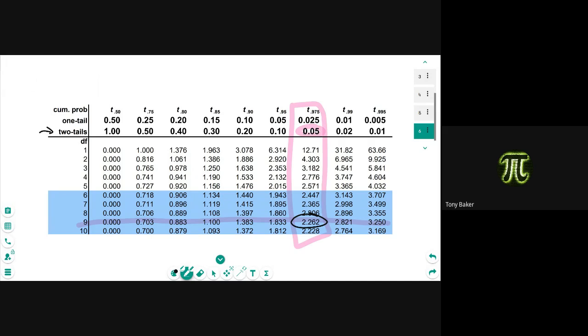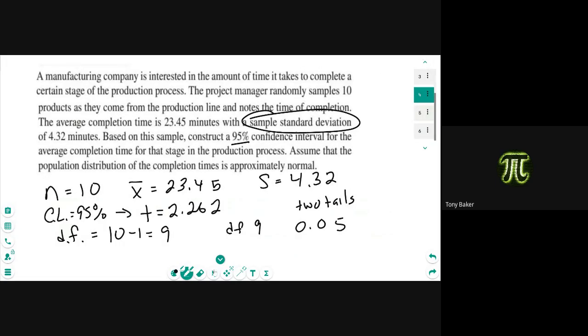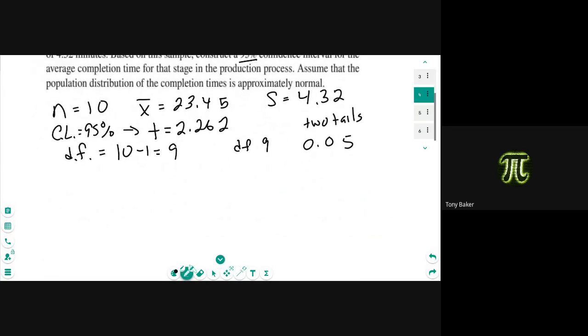Okay. Does that make sense to find that? All right. The nice thing is, now my formula is basically the same as I did before. What was the formula before? Mean plus or minus what? Z, but now we're going to use T